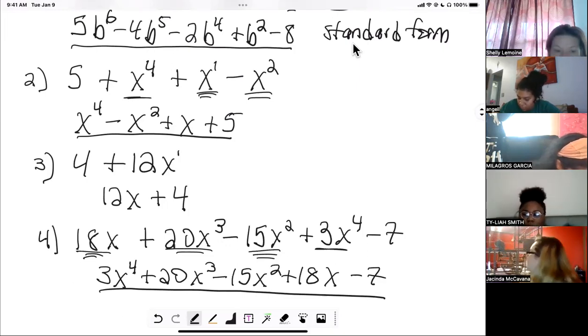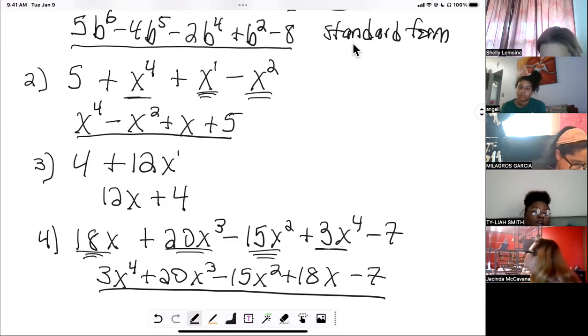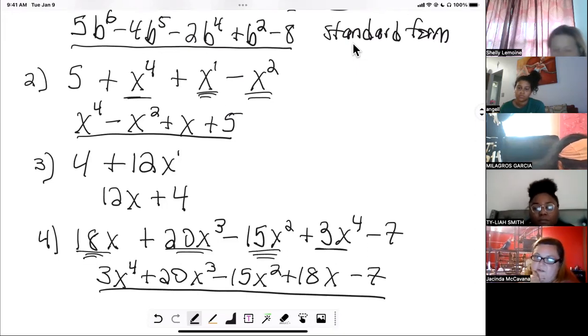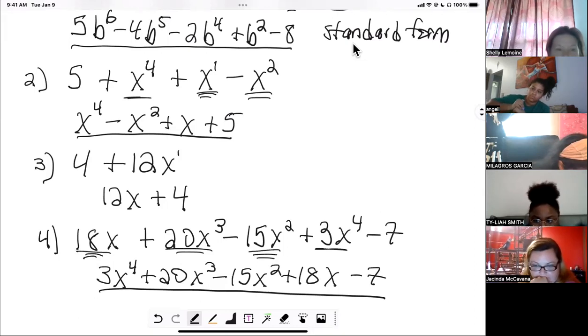So when you do your work in MathXL, they're not going to mark it wrong if you put 4 plus 12x. They're not going to mark it wrong if you write it like number 2, 5 plus x to the fourth plus x minus x squared. They're not going to mark it wrong. It's not wrong. It's just, I want to get you doing standard form from the beginning. But it would be wrong if they asked for it in standard